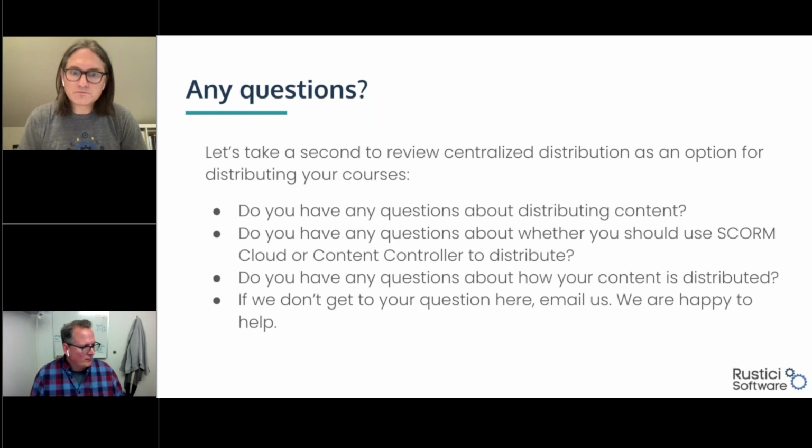But as far as learning paths in the future, I am not sure when and if that would ever be added to Content Controller. I know we've passed it around some, but I would definitely pay attention to the Content Controller section of our support portal. We're constantly updating all of the release notes for when we release new versions of Content Controller. I keep an eye on that, maybe follow that page. And if it does pop in the future, it'll definitely be in those notes there.